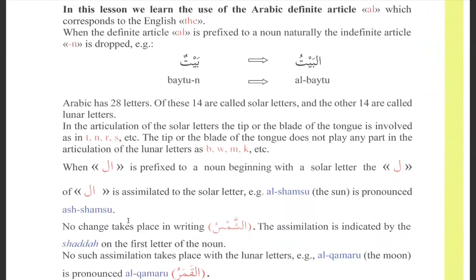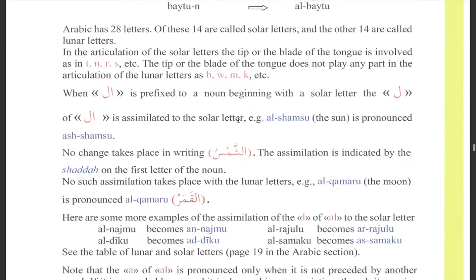Look, let me explain to you guys. Very simple. In the huruf shamsiyah, the solar letters, what this means is when you read it, you're going to bypass the lam. When there's an alif lam word, take for example the example here, ash-shamsu. You see here ash-shamsu in your book. So all you do is bypass the lam. You say ash-shamsu, ash-shamsu. You don't say al-shamsu. You guys following? You don't say al-shamsu.